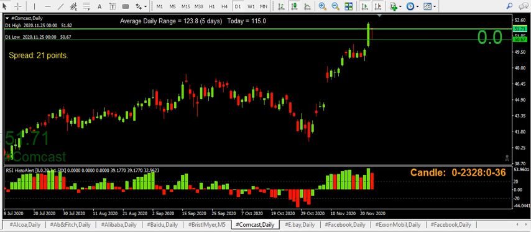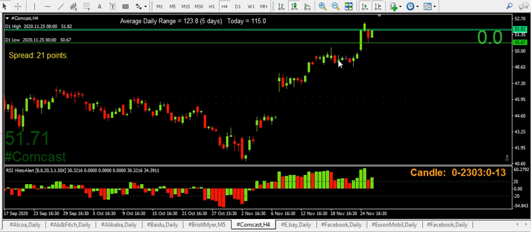And then we can start to see what's going on. So obviously that is a shooting star or an inverted hammer or whatever you want to call it. It suggests that there's a big battle between sellers and buyers, but it did close red. So there you've got various levels to trade from. The low,